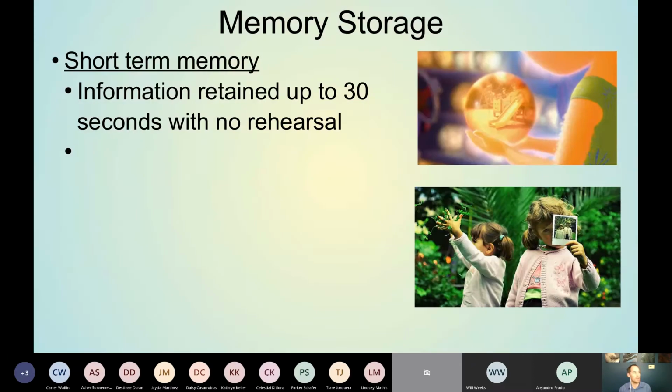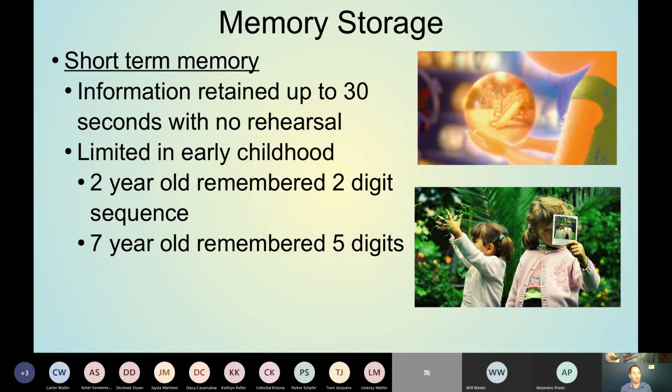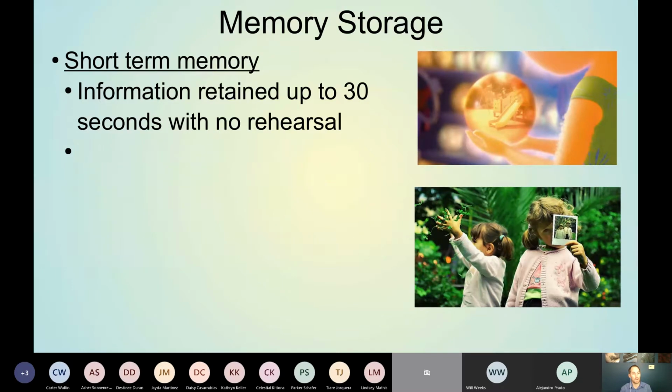So that's sensory memory. Short-term memory is different than that. It's the information that's retained up to about 30 seconds without any kind of rehearsal or adding meaning to it. So like the last 30 seconds that just happened to you, you can probably recall any of that last 30 seconds before it leaves your memory. So this is called short-term memory. More recently, well, I'll get to that in a second.